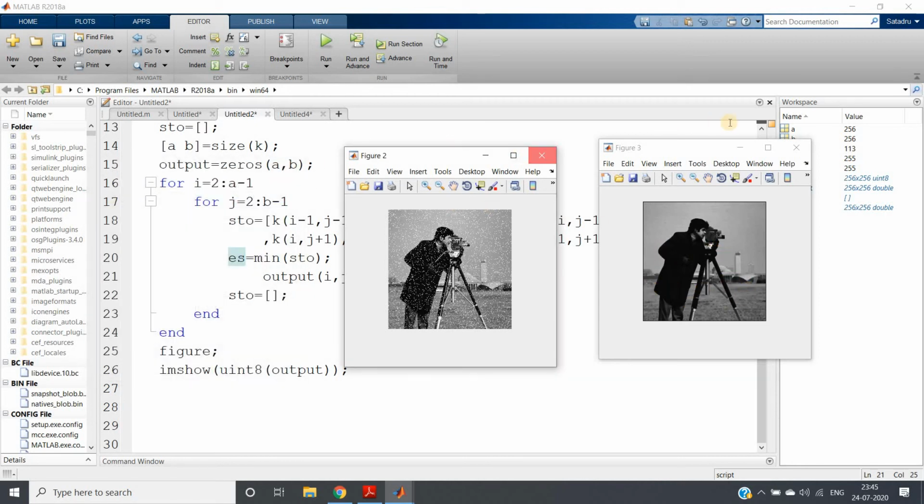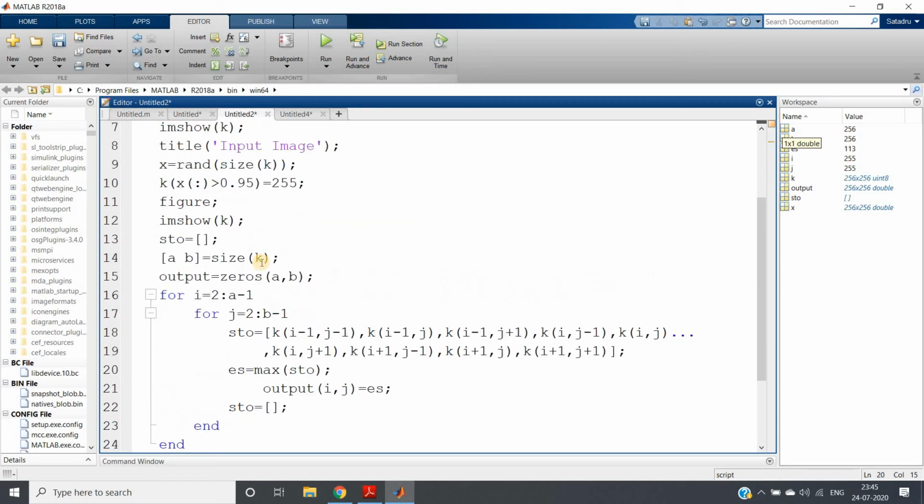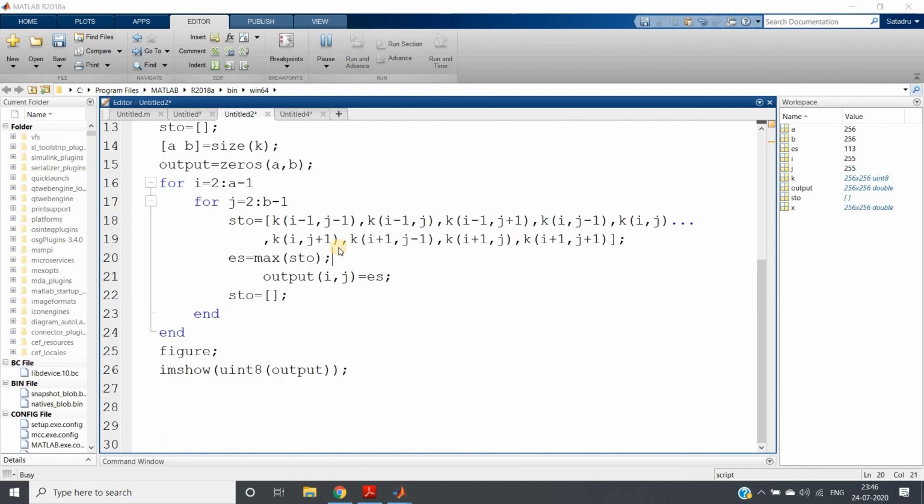Now let us use the same concept for the max filter. See how I am modifying. Instead of min, I am writing max, and now we need to corrupt our signal with pepper noise. So we will place a 0. Suppose the value is less than 0.05, that's all the modification. If any particular value in this random matrix goes below 0.05, we place 0 there. I can take a little bit higher value, let me take 0.1, select all and evaluate selection.